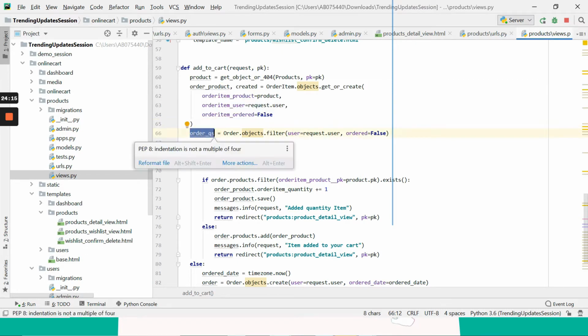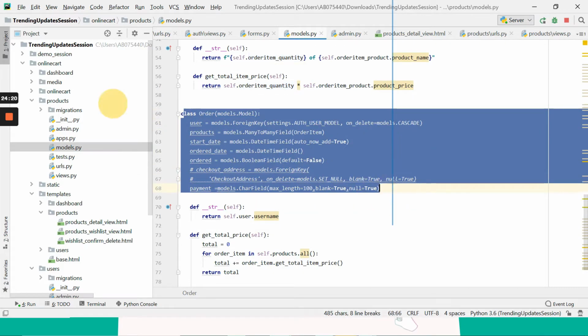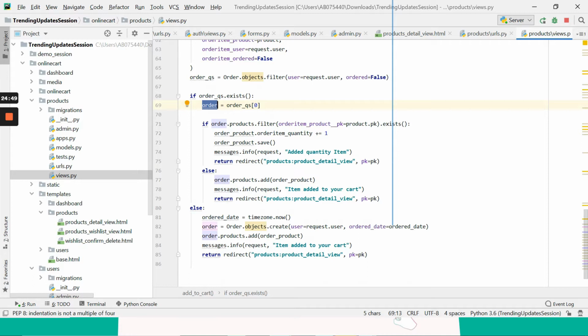Okay, so it is going to create the object in the order item. And for the order queryset, inside the order model, we are going to filter according to the users first, according to the current user that is logged in, request.user, and we are checking if the order is not active. If the order object exists, it is going to take the first item from the order, and we are going to check order.products.